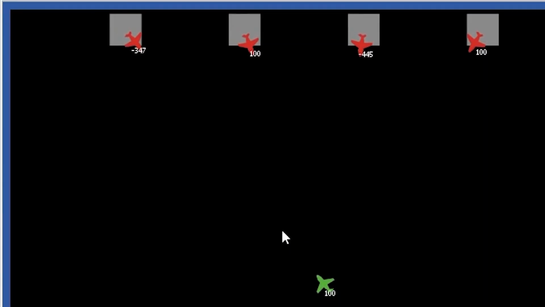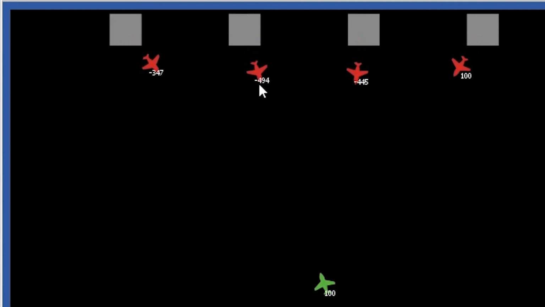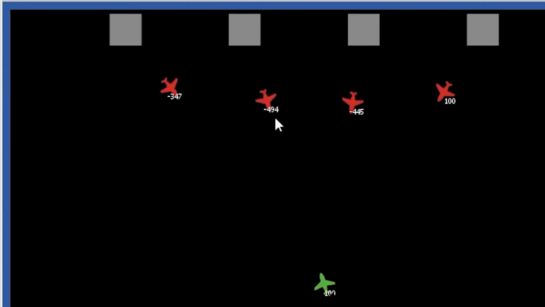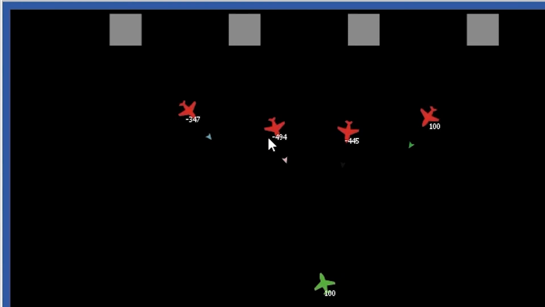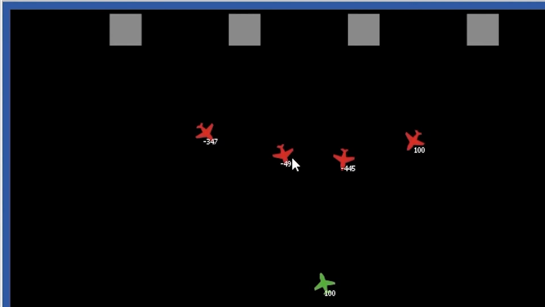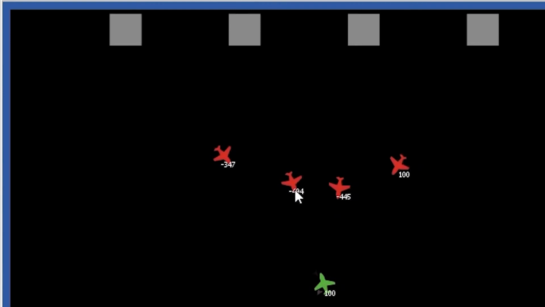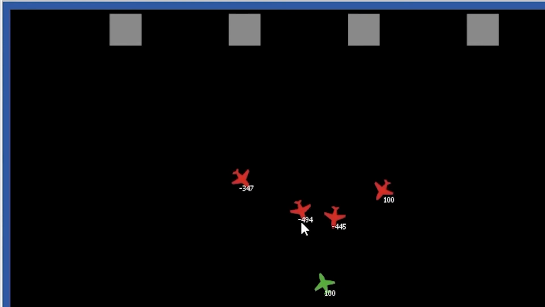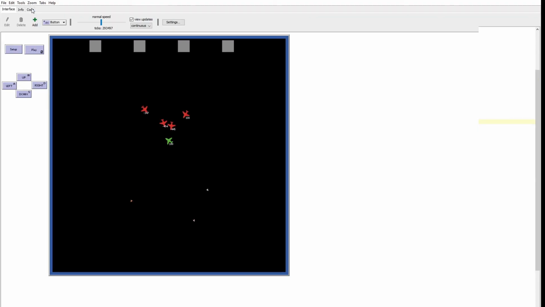See, now the bullets look good, but whenever I shoot an enemy, that value is reduced to minus 494. The reason is the bullet is going through this aircraft, and while it's traveling through the aircraft, there are so many tick cycles going. It has lots of collisions through the aircraft, and it's reduced into a very large minus number. So we should avoid that. So how to avoid that?